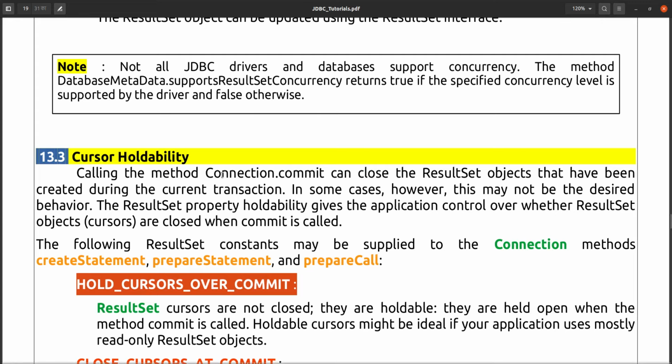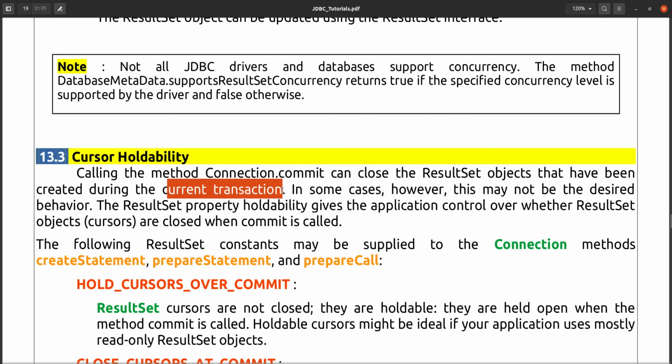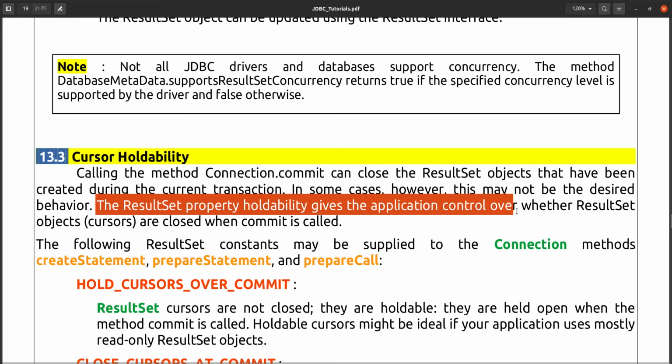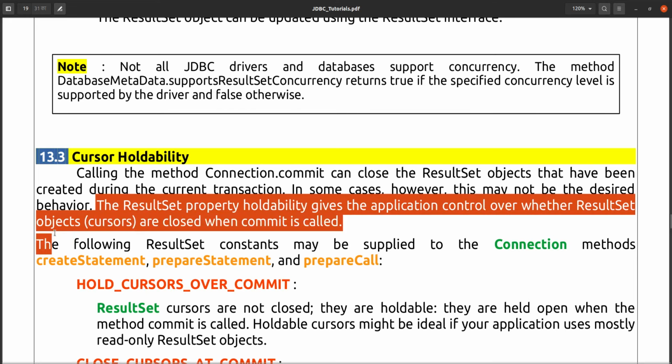So calling the method connection.commit can close the result set object, or that result set will still be open, that have been created during the current transaction. In some cases, however, this may not be desired behavior. The result set holdability gives the application control over whether result set object cursors are closed when commit is called.